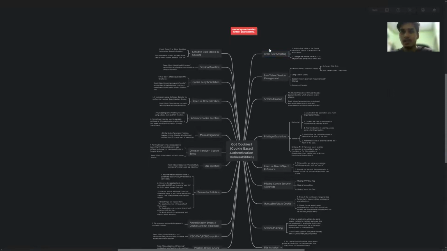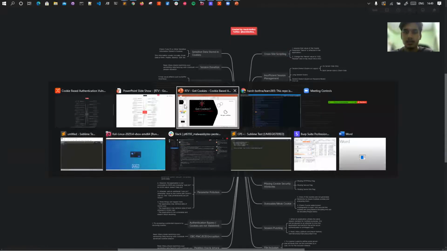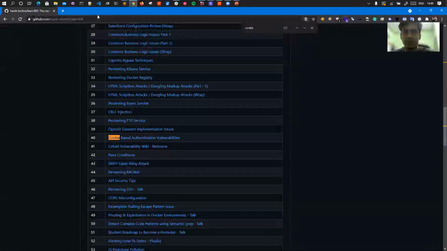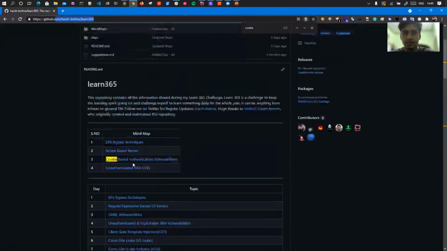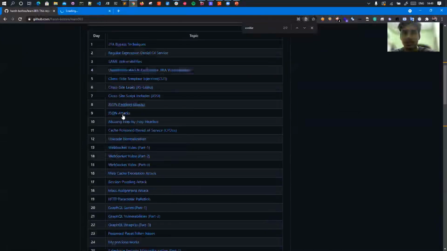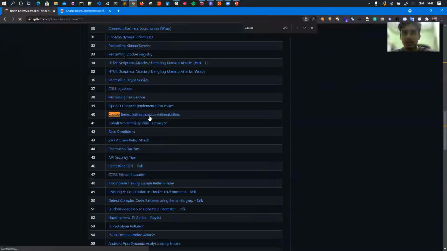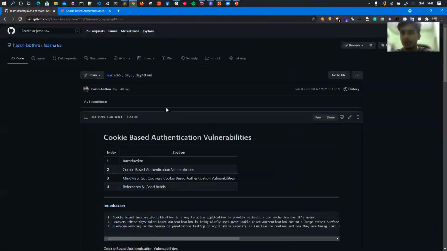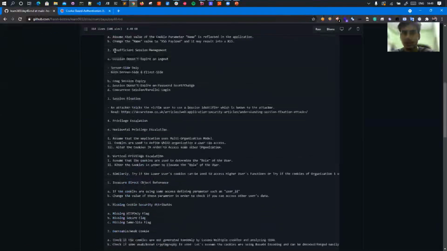This can also be found on the GitHub repository called Harsh Bothra / Learn365. There are two things. This is the mind map which you can go and find; all you have to do is click over here. And also there are some notes on cookie-based authentication vulnerabilities. Most of what we discussed is also written over here.